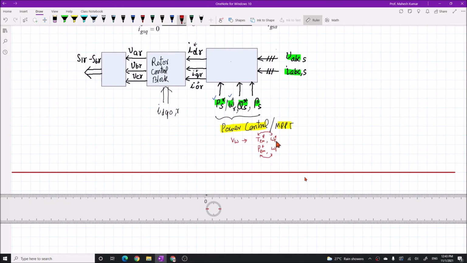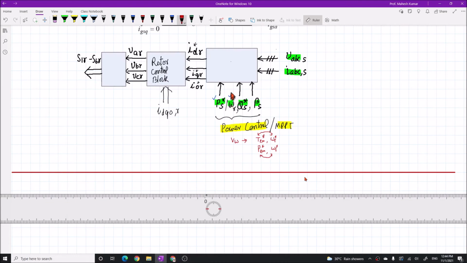This torque, this is speed. So either we can have torque control scheme or power control scheme, or we can have omega r control scheme. Any one is okay because one implies another. The maximum power has to be achieved at these pair of parameters. That's why I have shown it as a slash. Either you have a PS star or omega star, or TM star or PM star, the same thing. So these quantities come from the power control or MPPT algorithm of the DFIG.